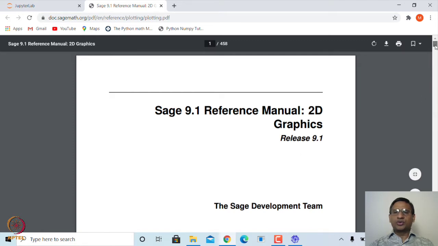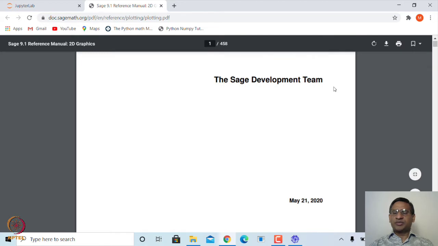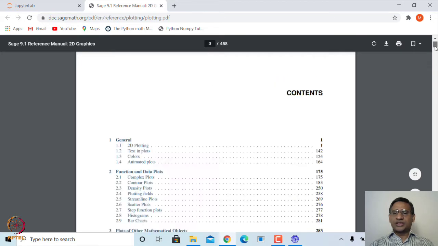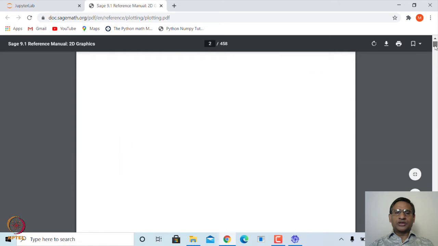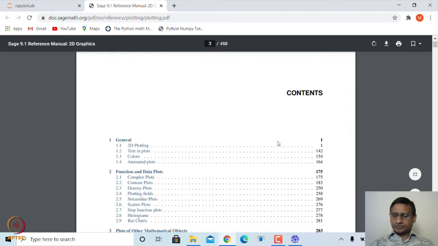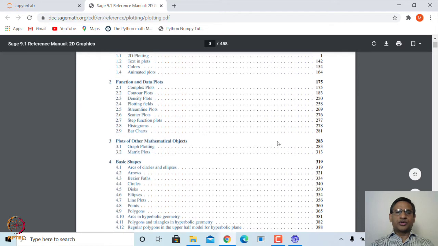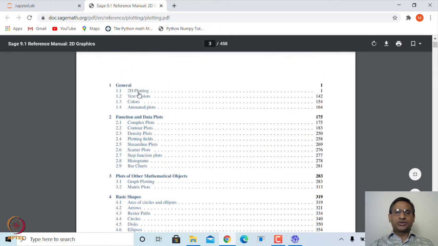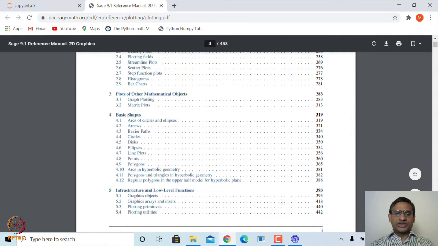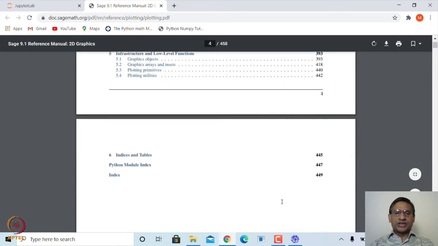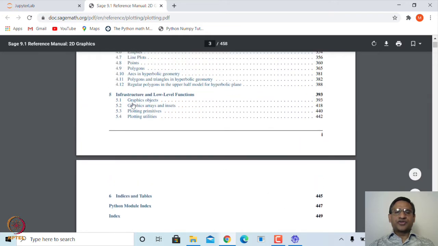It is a 458 pages reference manual, and this will give you all possible plotting in 2-dimensional space. You have, for example, general 2D plotting, then functions and data, plots of other mathematical objects, basic shapes, and also some graphics arrays and things like that. So, you can refer to this reference manual for more details.